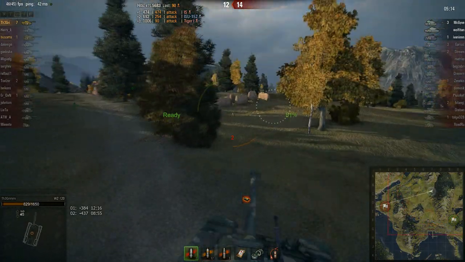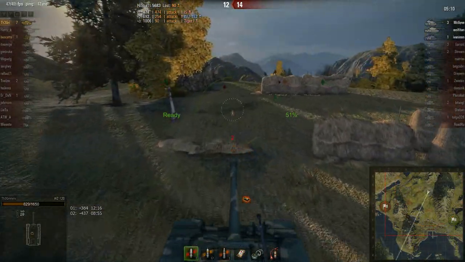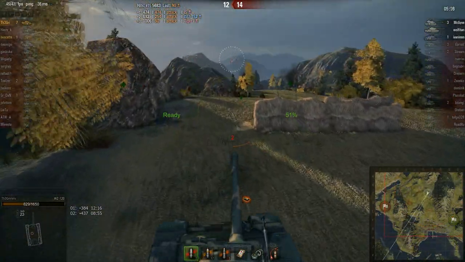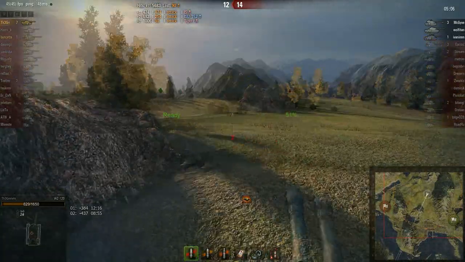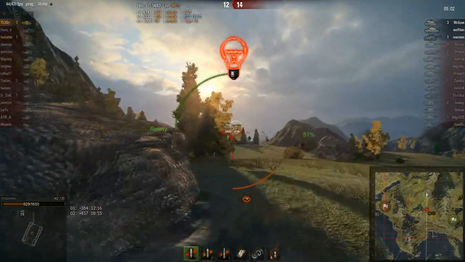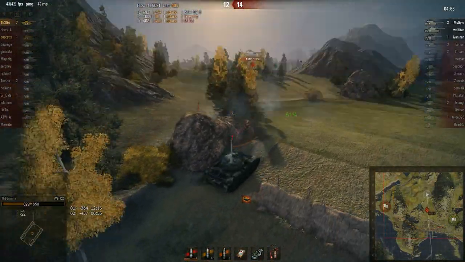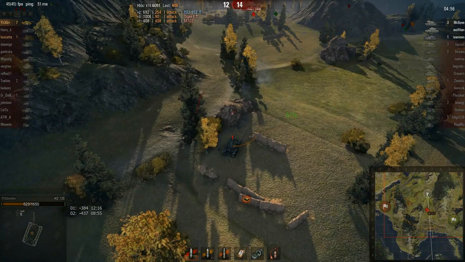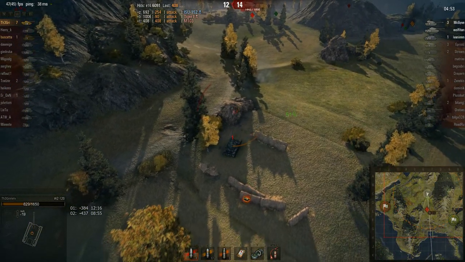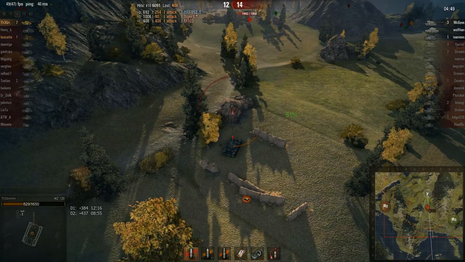I have no idea where this M103 has been for the entire game while his allies tried to cap, but he is right there and full HP. But he has three kills, so he's done something this round. The Grimmy goes forward and puts a shell into him. And now he's going to pull off a...